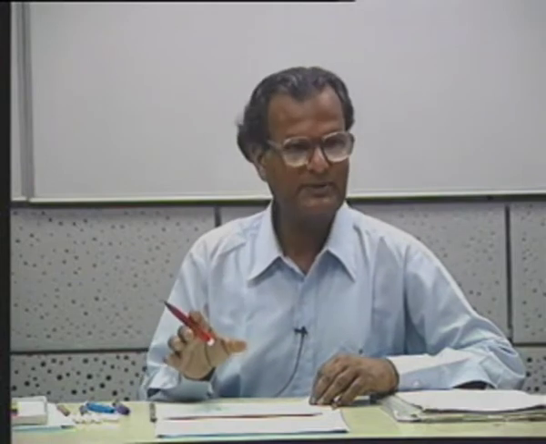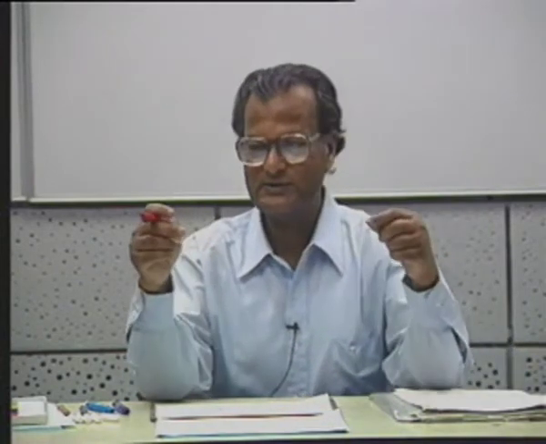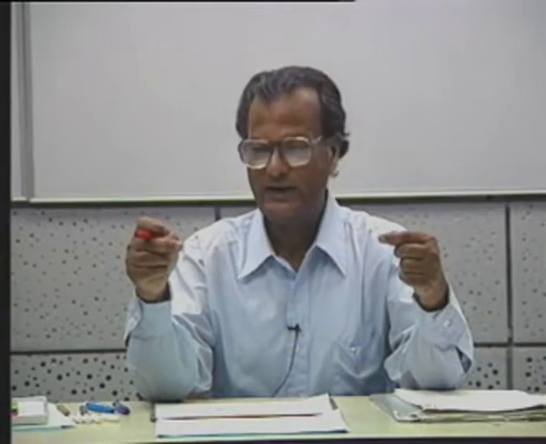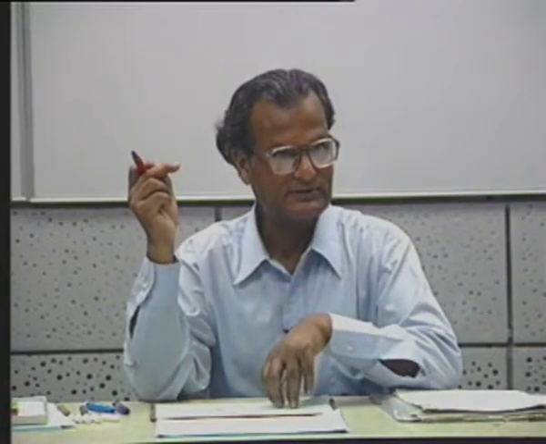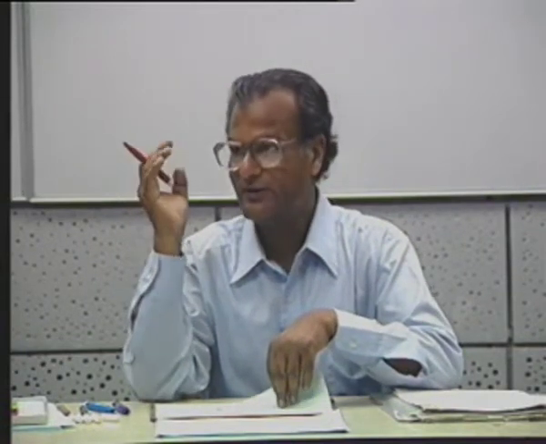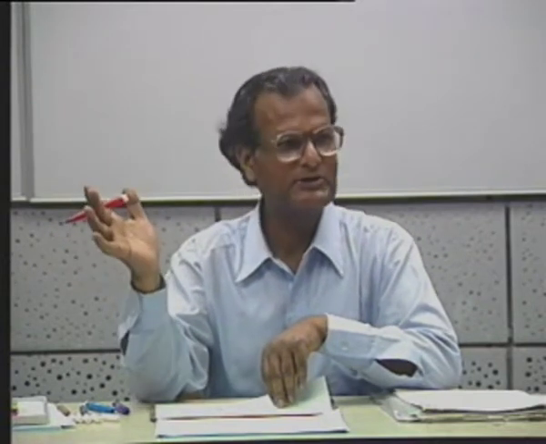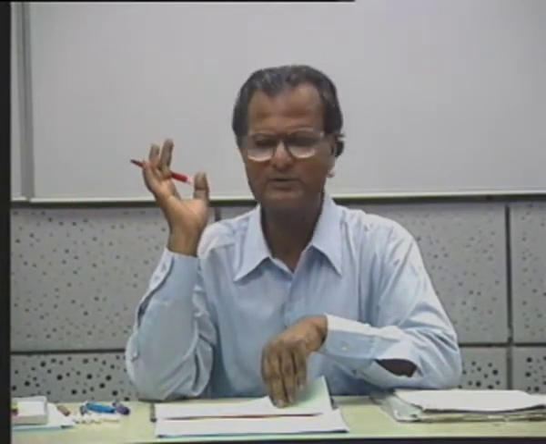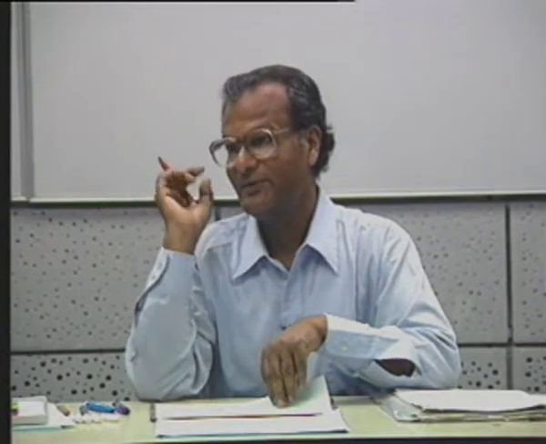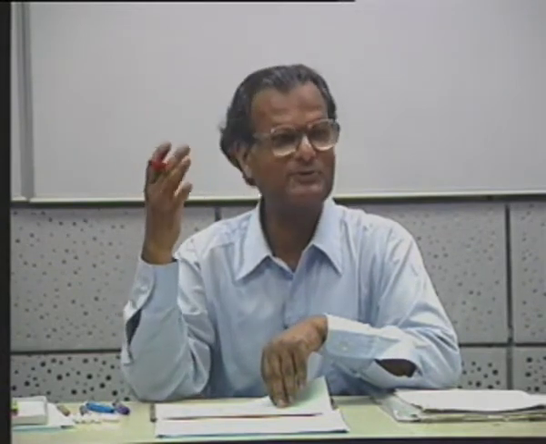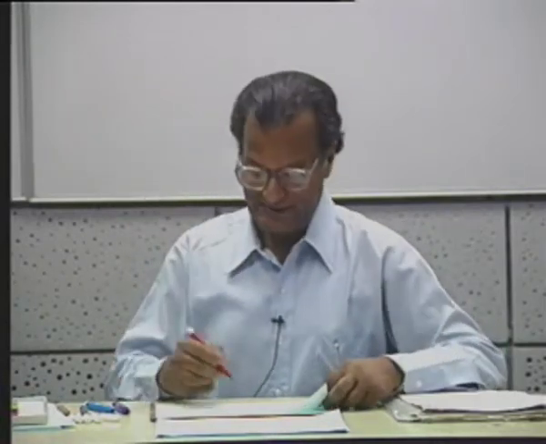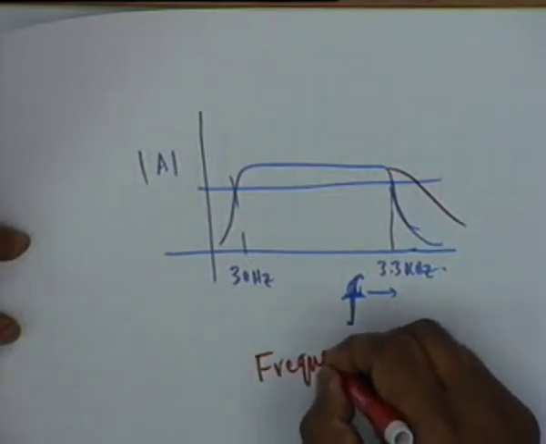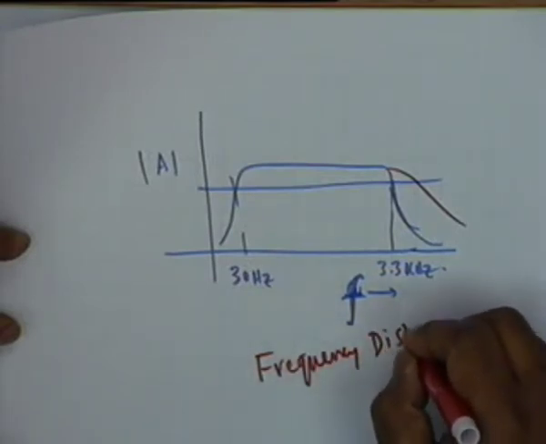All right. The point that I am making is that if the signal consists of a certain band of frequencies and the amplifier cannot accommodate the total band, it accommodates only a part of it, obviously there shall be distortion. For example, if you cut off the high frequency, Lata Mangeshkar will not sound like Lata Mangeshkar. She will sound like, I don't know, give a baser voice, Usha Uthup, would that be all right? Okay, so this distortion is called frequency distortion.